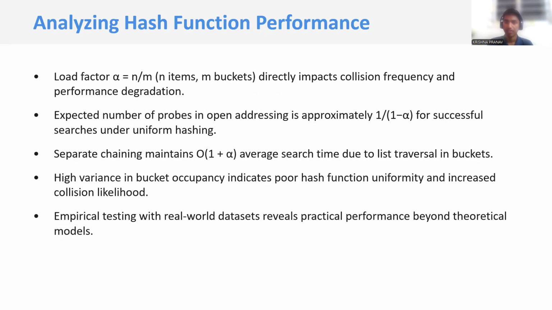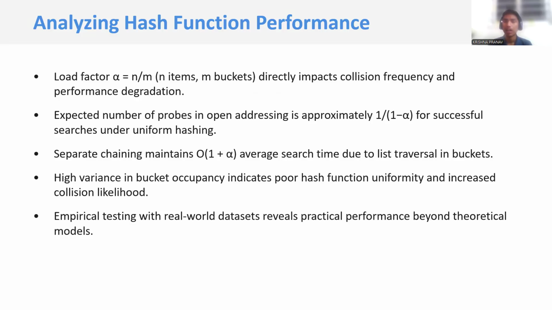Analyzing hash function performance. Load factor alpha equals n by m, n items, m buckets, directly impacts collision frequency and performance degradation. Expected number of probes in open addressing is approximately 1 by (1 minus alpha) for successful searches under uniform hashing. Separate chaining maintains O(1 + alpha) average search time due to list traversal in